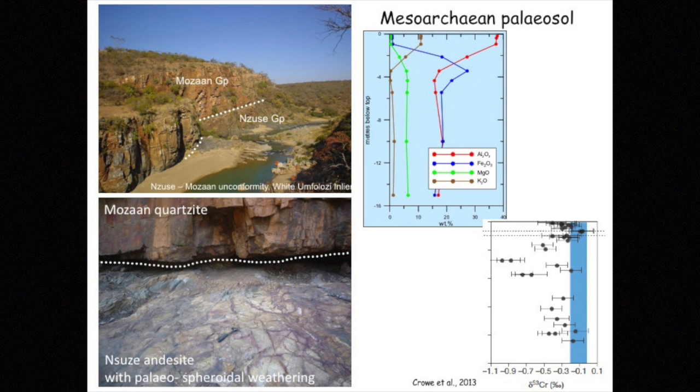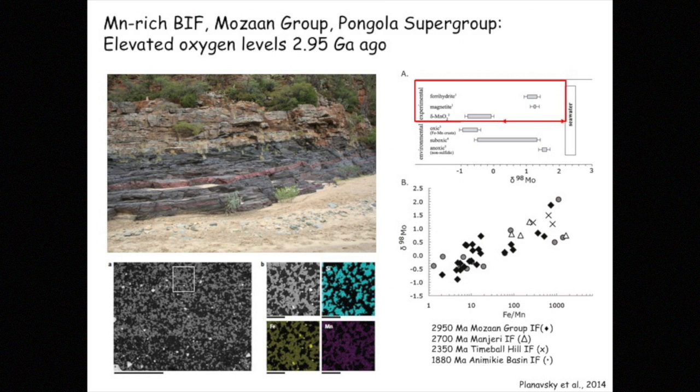Very interesting units, sedimentary horizons, that tell you quite a bit about Mesoarchean surface processes. I'm running out of time here, but paleosols play a prominent role in the evaluation of surface processes. We do find the first evidence for oxygen-rich conditions preserved in banded iron formations of the Mozaan Group, as recorded by a large fractionation of molybdenum isotopes. So here we had the first whiff of